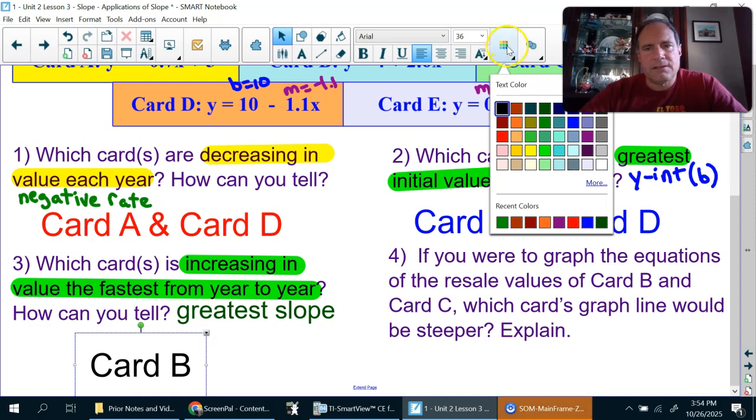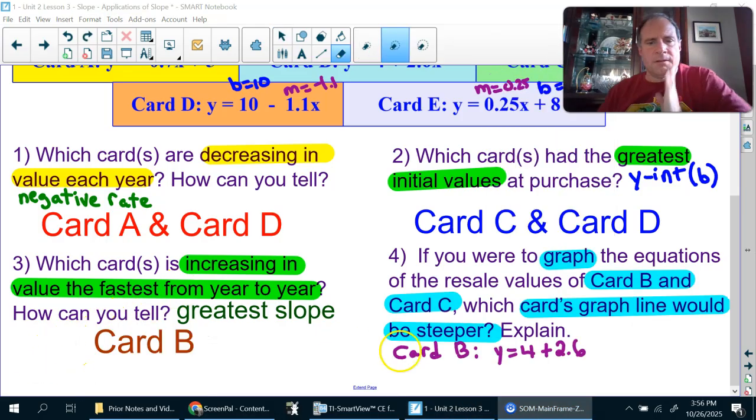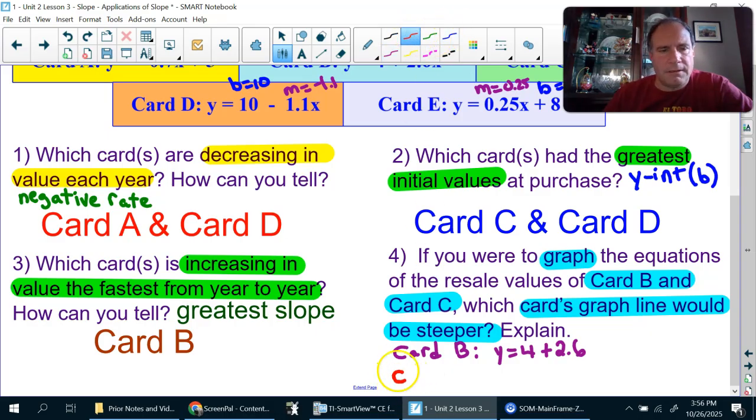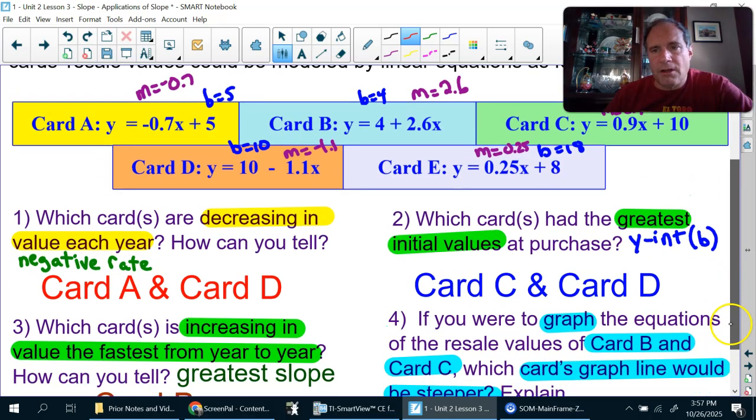Increasing the fastest from year to year. All right, so card B is increasing the fastest. So between card B and card C, which line, if you were to graph them, would be